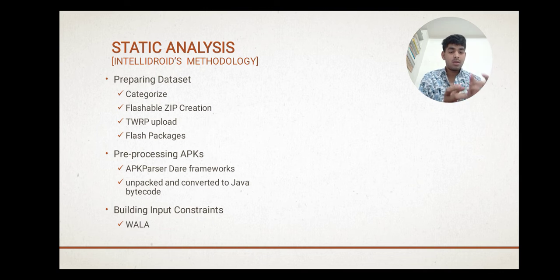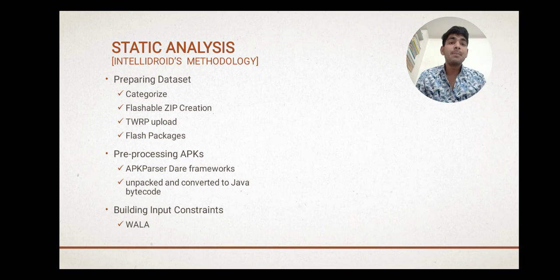So a flashable zip is created. Then what kind of Android OS is used? On the Android we have to upload TWRP recovery. By TWRP recovery, we can flash packages on Android. Okay, that is called preparing the dataset.